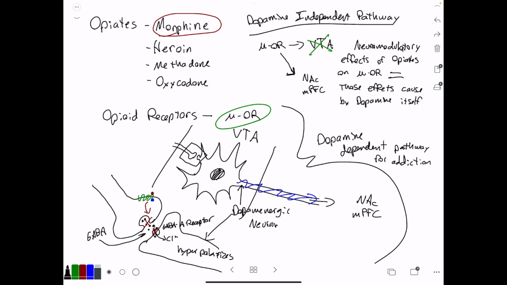So the opioids are not binding to the dopamine receptors, but